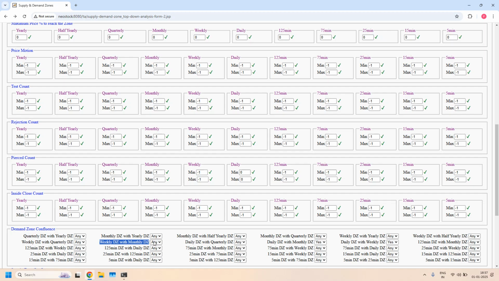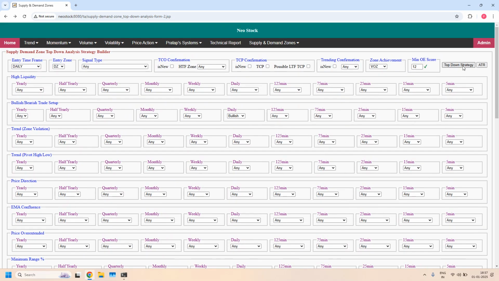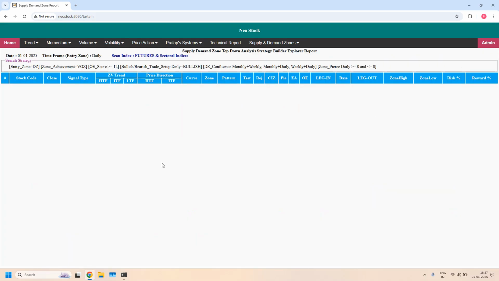Third filter, weekly demand zone with monthly demand zone confluence. With all the 3 filters, LTF, ITF and HTF demand zone confluence, we did not get any stocks. So currently no stocks supporting this LTF, ITF, HTF setup. Okay, fine. This is about bullish trade setup,